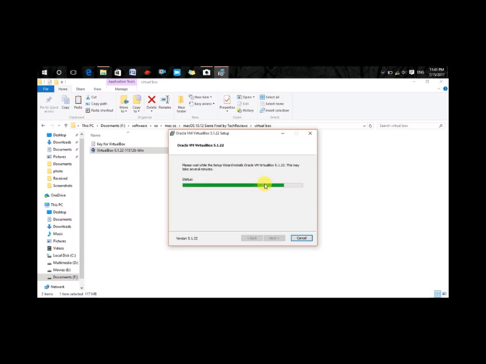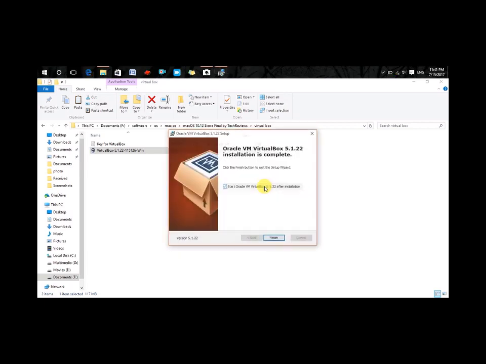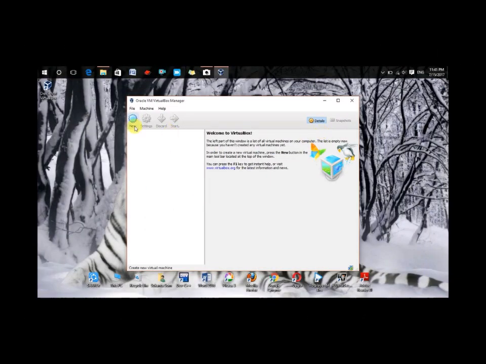Allow all these steps during installation. It's installed. Let's finish. Now it's open. Let's install macOS in VirtualBox.